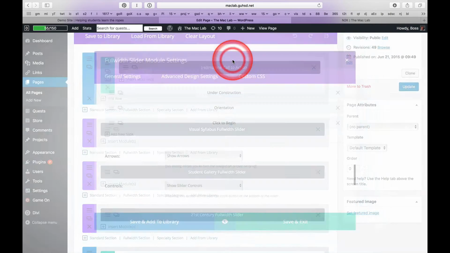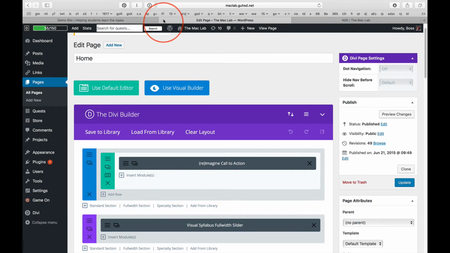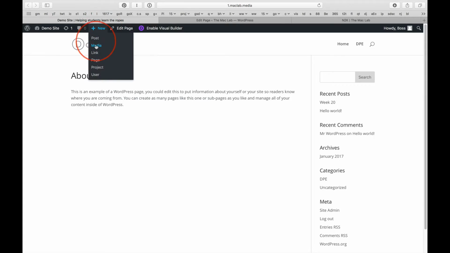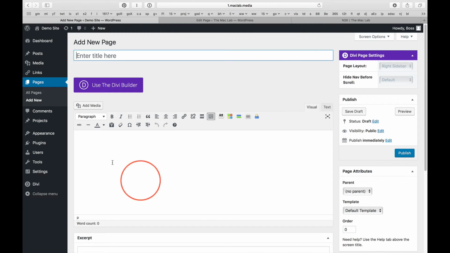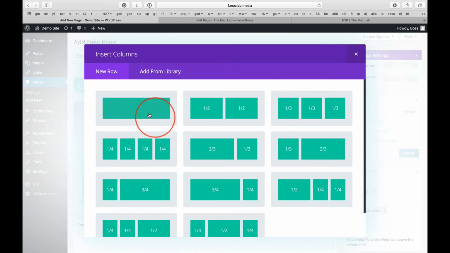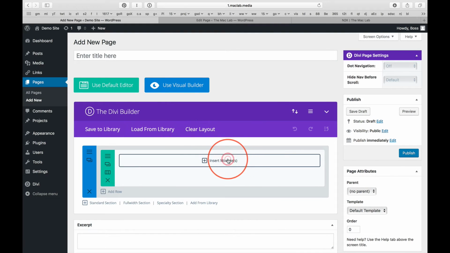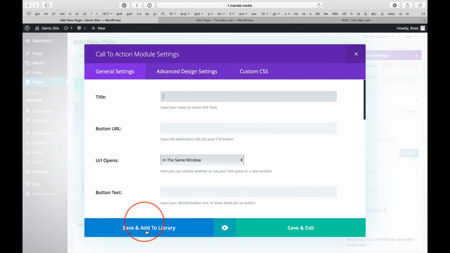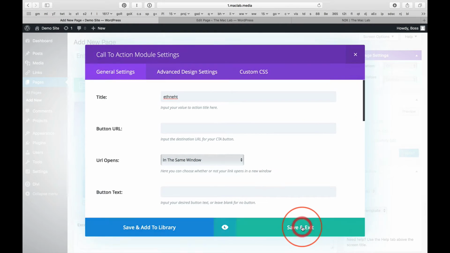Now, let's just see real quick how to build something like this. I'm not going to add content and waste time like that, but if we just go to new page, and we're trying a new home page, and use the Divi Builder, by default you get this standard section. So inside that other one we had one column, and then we insert the module, and we had a call to action module, and then you add your stuff, and we'll just have that for right now,